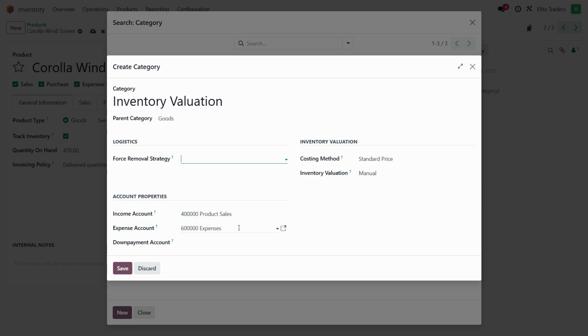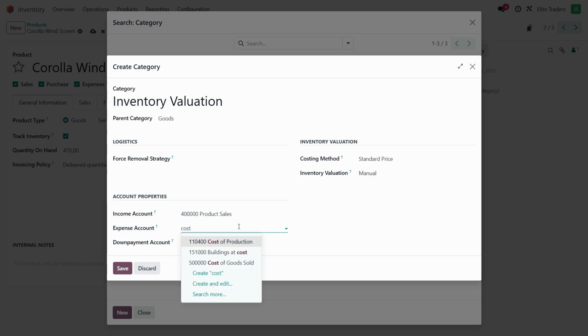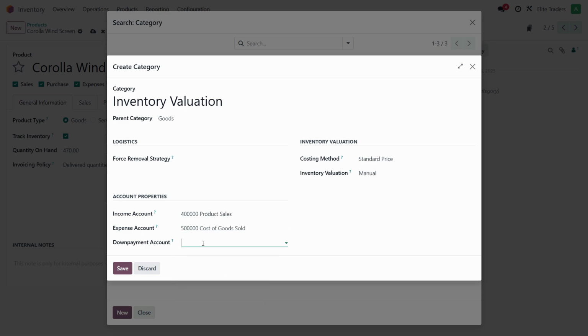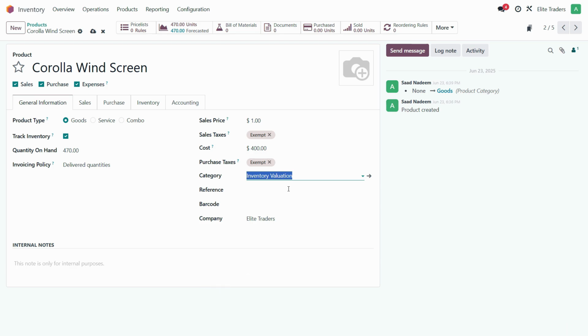Income account is set to product sales. Expense account, I'll just change it to cost of sales. Down payment account, I'll not set it. Costing method should be average costing, and this inventory valuation should be automated, where it should pick all of these accounts automatically. So click save, and I'll always set it to inventory valuation so that it can work automatically. Click save,